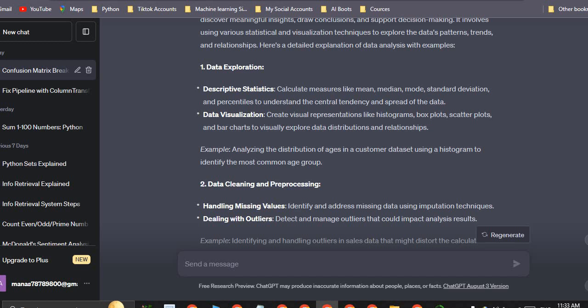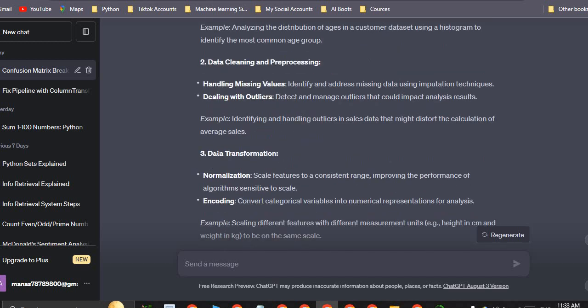to explore data distributions and relationships. Example: analyze the distribution of age in the customer data set using a histogram to identify the most common age group. Data cleaning and data pre-processing are also part of data analyzing, such as handling missing values, which we explained in the previous lecture.